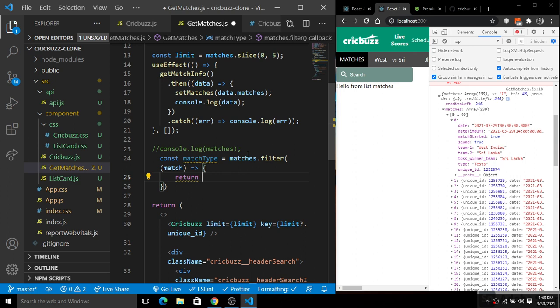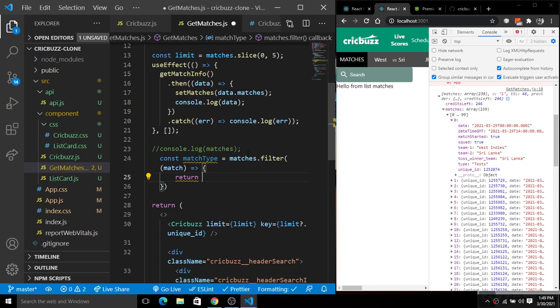So let's go back, and here we have this input field. Here we will simply add onChange functionality, to keep track of the user typed data. So here we have the setSearch, and setSearch will be e.target.value, right?